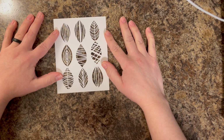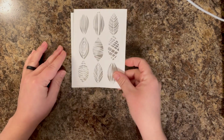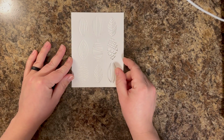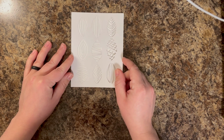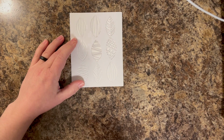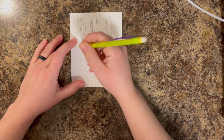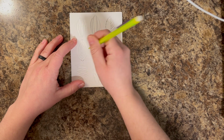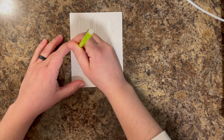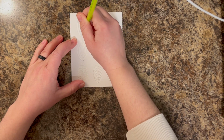So for this, I don't need to cut out another one. I can just use some pencil marks to make a guide for myself, a little grid, if you will. Now for this, I will be working on a panel. Both of these measure 4 1/4 by 5 1/2, so the background itself measures that, and then the panel behind it. I'm just overlaying that die cut right on top and using a pencil with light pencil marks to mark